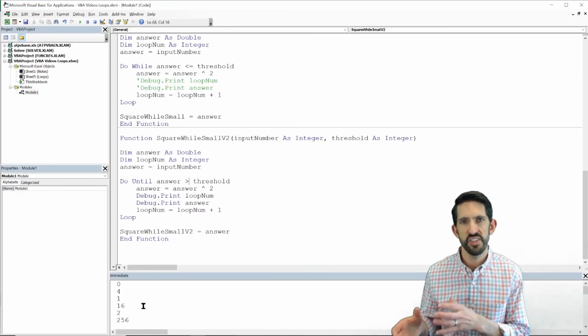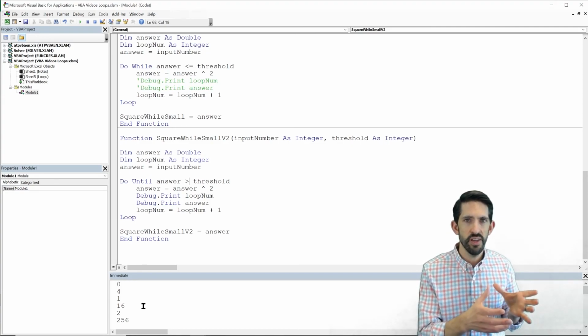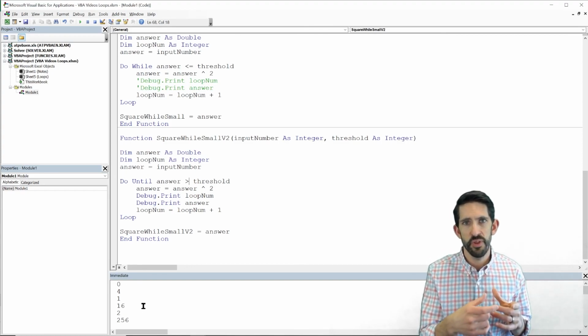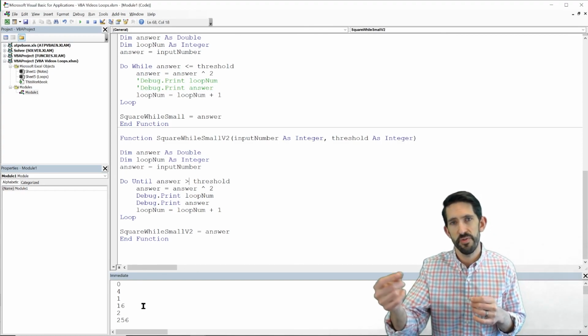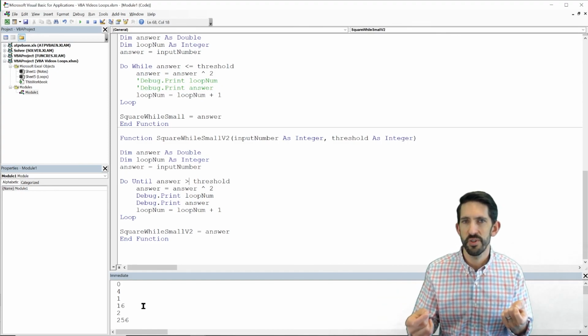So do until is just a different way to approach the problem. Works the exact same as do while. Functionally, it'll accomplish the same task. We just have to be careful whether we're evaluating true statements until they're false or false statements until they're true. Either way really works. They're really isomorphic to